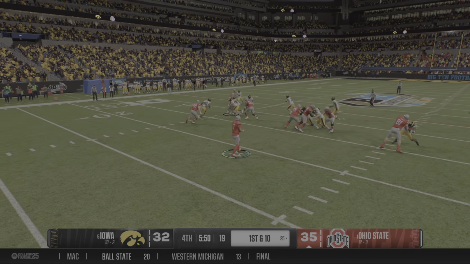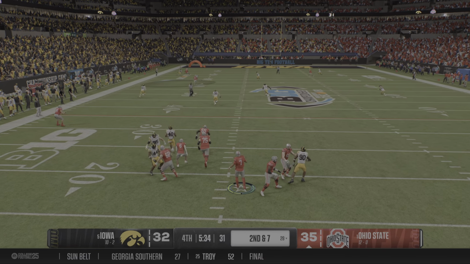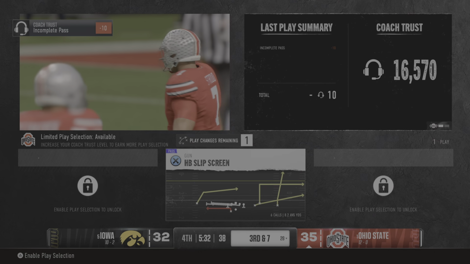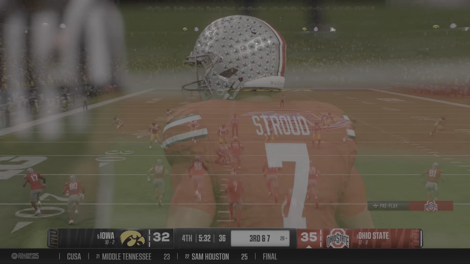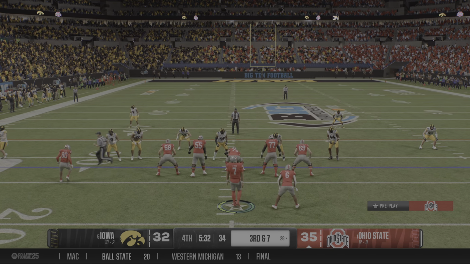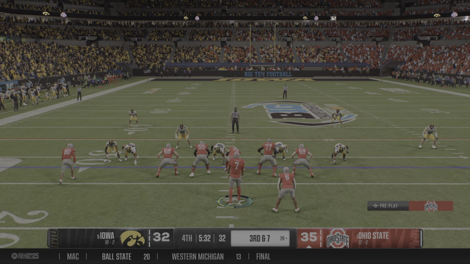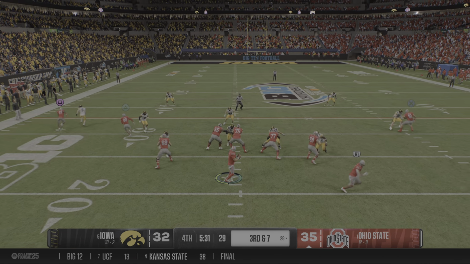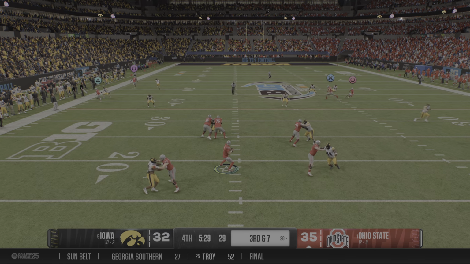They look to throw it here on second down. That's a bullet pass to the left side. And this is dropped. Would have been a huge gain, but he could not collect it. Offense facing a 3rd and long from the 28. You got to have your pass protection in order in this play. Dropping back, looking to throw for the first down.